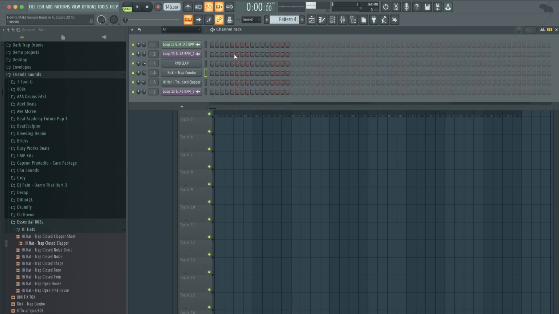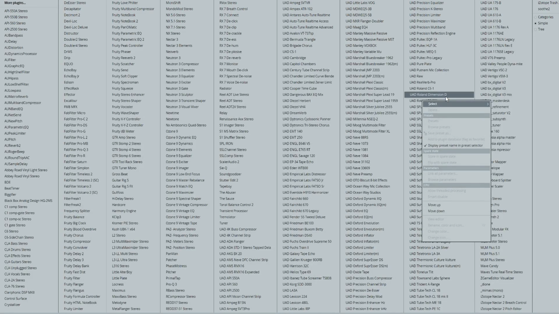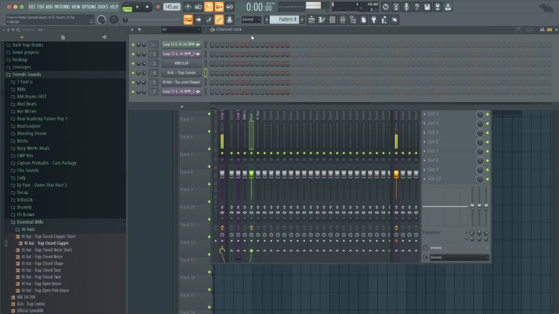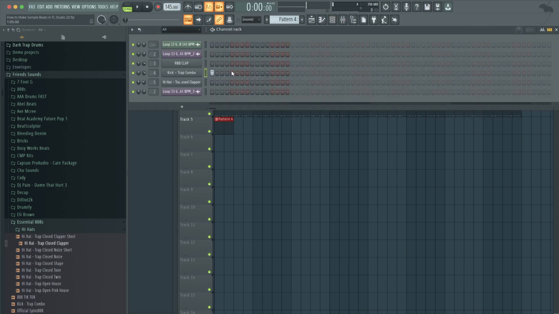So I'm gonna show you a kick trick. I'm really on my bar game. Let's go to the mixer. Let's open up Fruity Soft Clipper. Turn up your threshold. You can turn it to the left too, but it gives you a different sound. So I'm just gonna add a blank pattern in here. Pattern 4, left click, drag it in. And now we're gonna add these kick. So I'm gonna leave the kick kind of low volume right now, and then we'll turn it up.